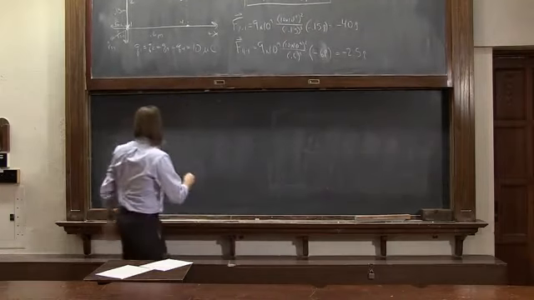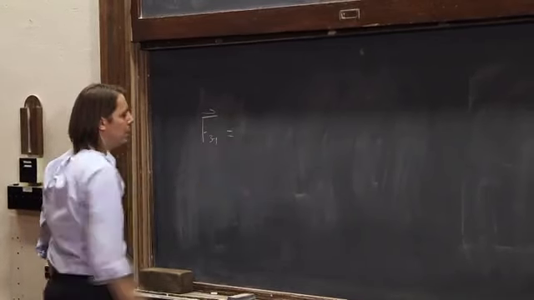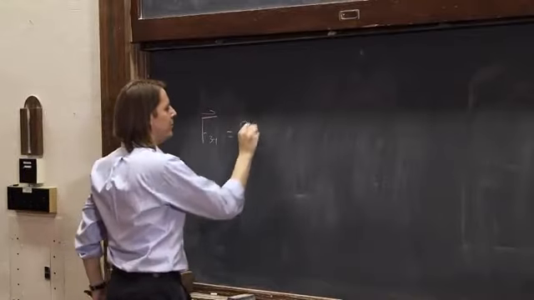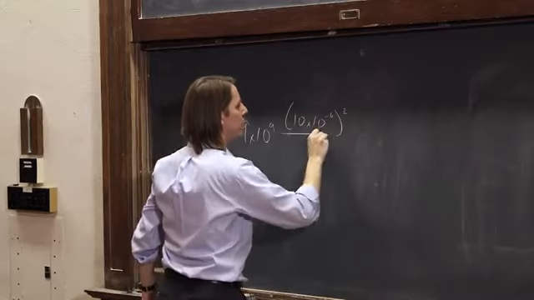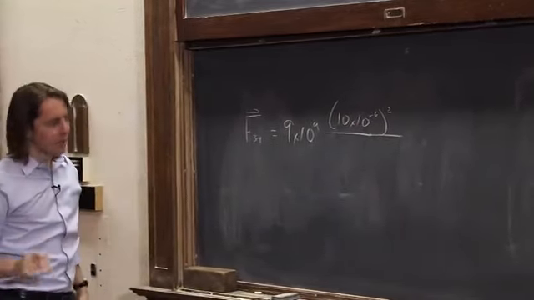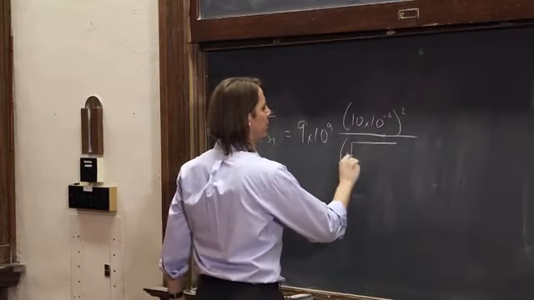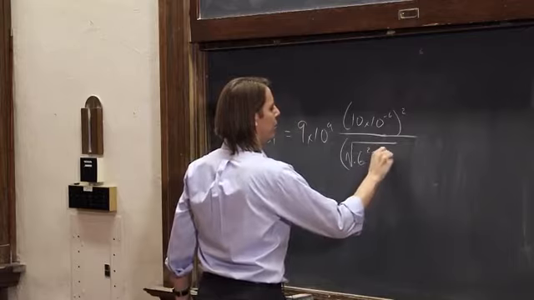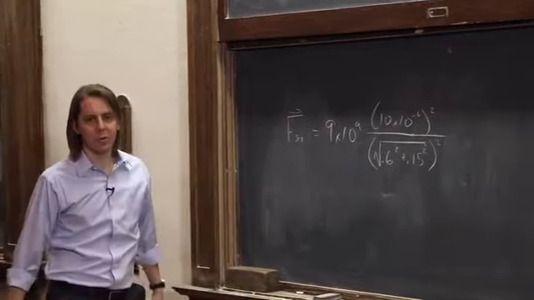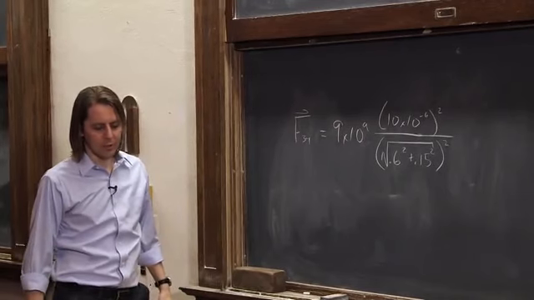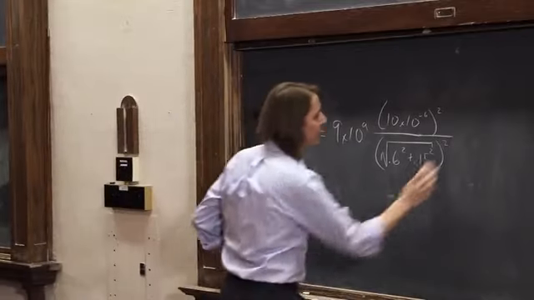Right? Let's see, F31. That would be k_e, 9 times 10 to the 9, 10 times 10 to the minus 6 squared over the separation. So remember the separation, it was the square root of 0.6 squared plus 0.15 squared. Before I didn't even bother with the squares and the square roots, I just wrote it down that way. But now it's not squared, it's cubed. Okay, so now to write this correctly,